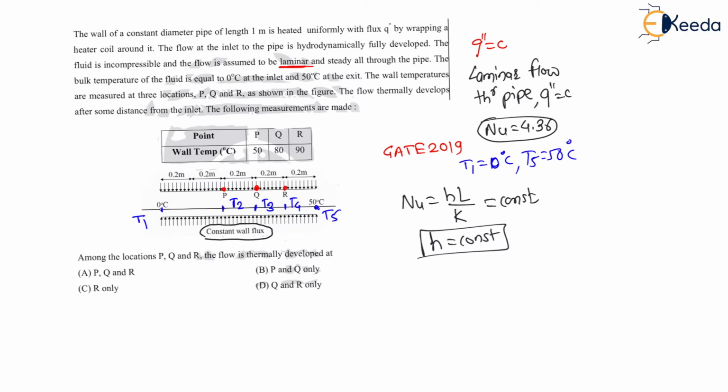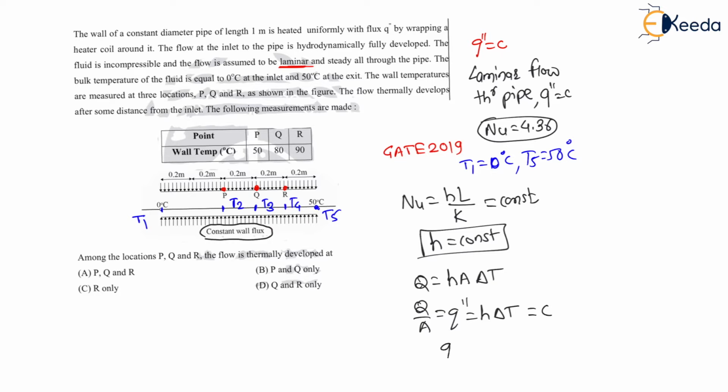And my dear students, here the heat flux. Now, heat transfer by convection, as per Newton's law of cooling, is hA delta T, that is h times area times temperature difference. Therefore, the heat flux q by A is equal to h into delta T, right? And my dear students, here they have mentioned constant wall flux, means this heat flux is also constant. Here it is constant.